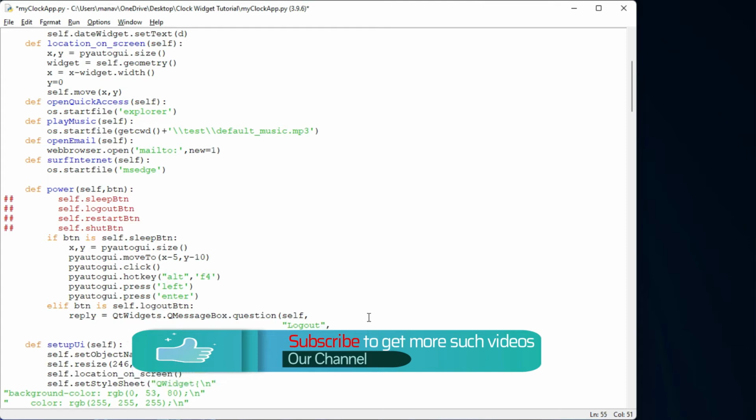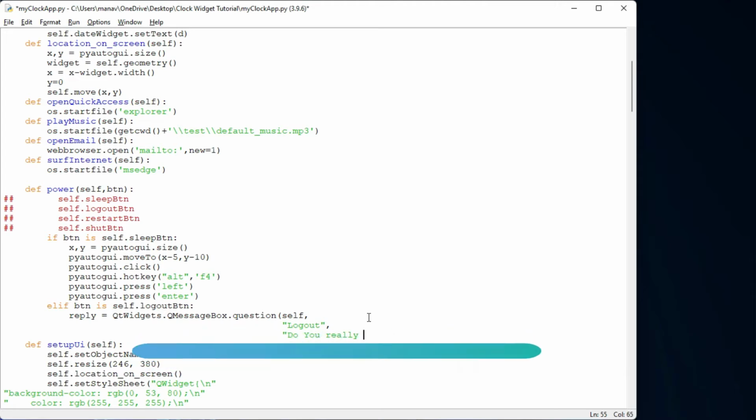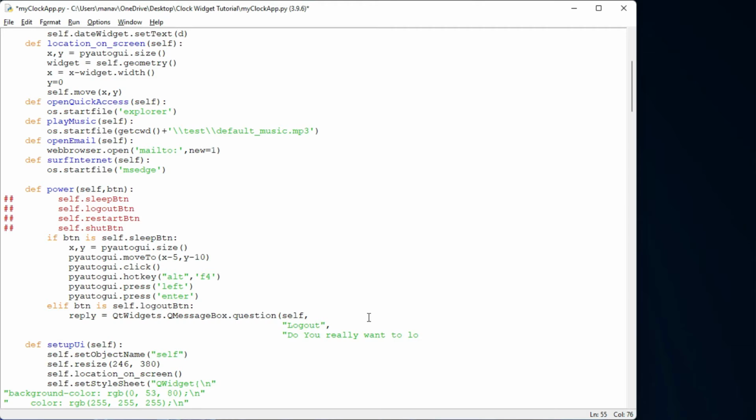Next I have to pass the message, so it will be like this: do you really want to log out? Okay, so this is the message, and now let me give some buttons here, like a Yes button or a No button.